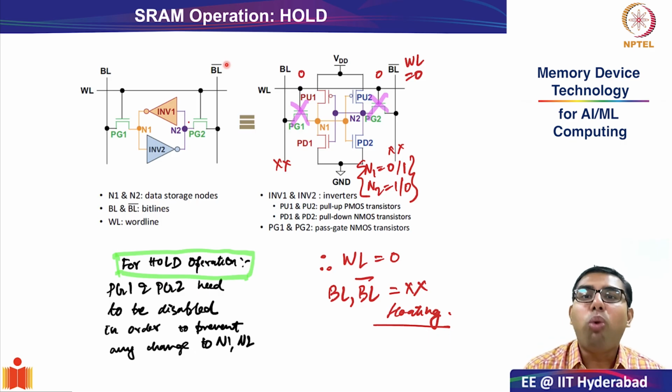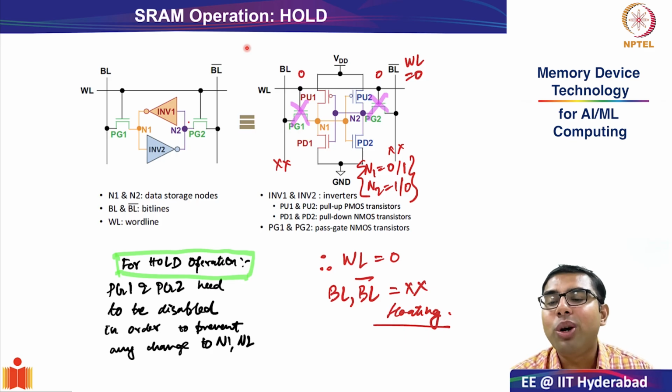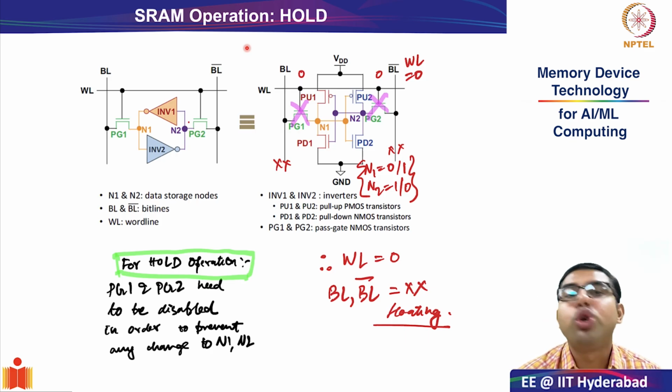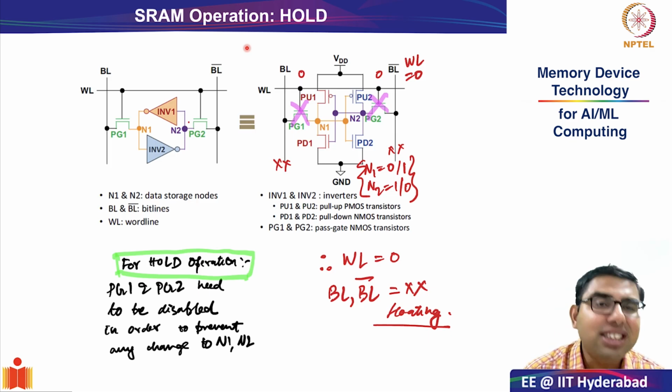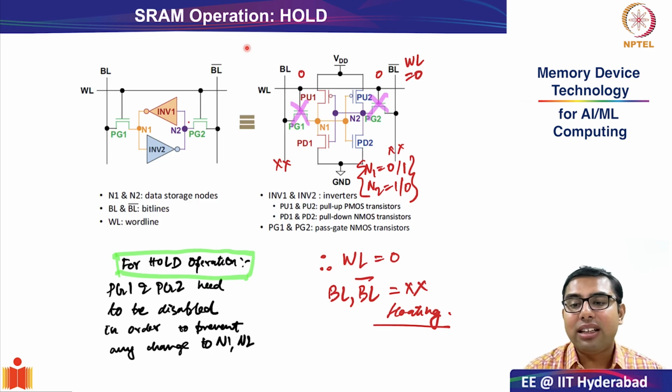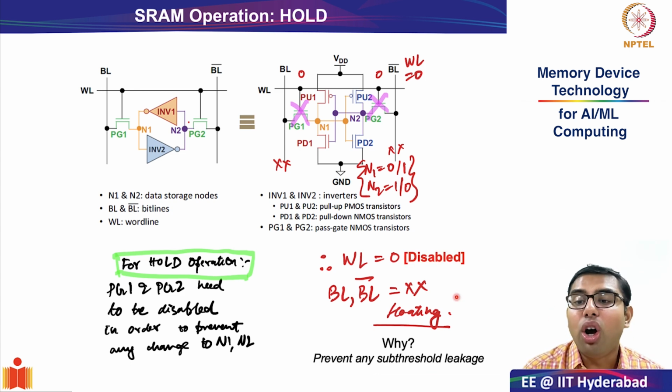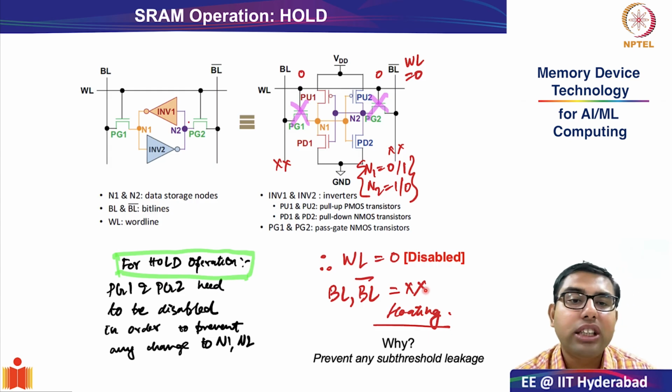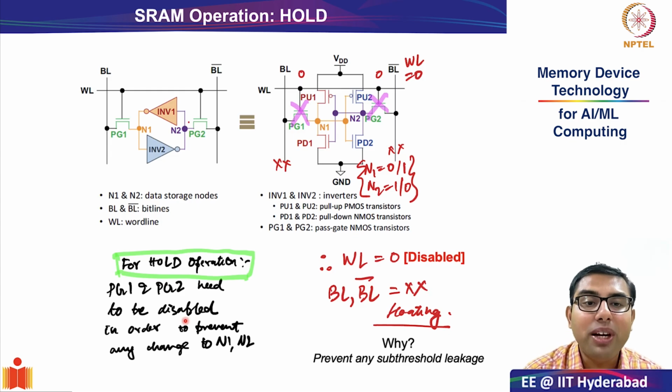But here, what should be the value of voltage at bitline and bitline bar is also a very interesting question to ask. Should it be 0? Should it be VDD? Does it matter? That is the question I want to pose in front of you. And the answer actually is quite interesting. It is that bitline and bitline bar are generally kept floating. They are generally kept in floating condition. So you may ask, what is the rationale of keeping things in floating condition? And if you know a little bit of transistor physics, you will appreciate,